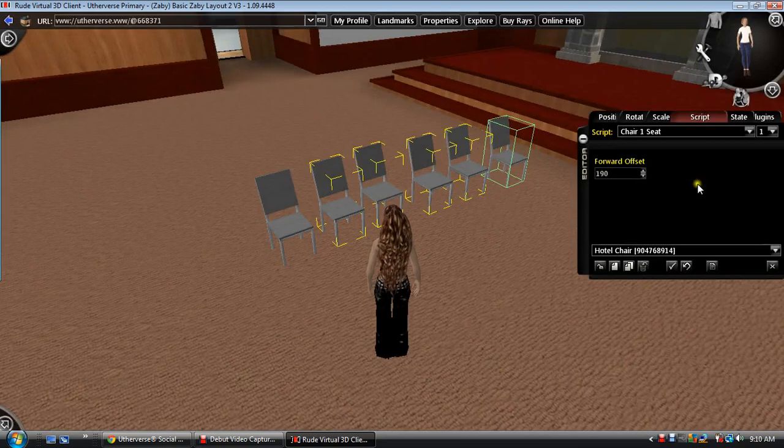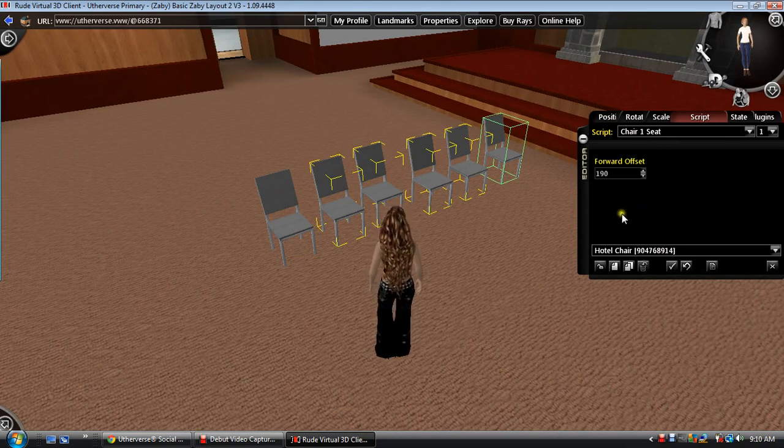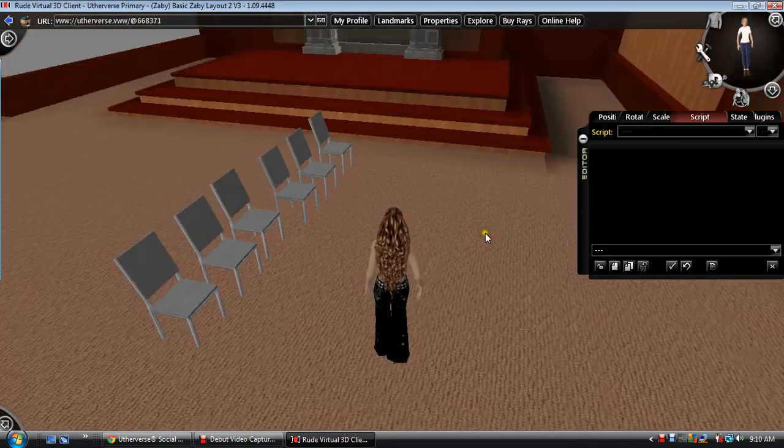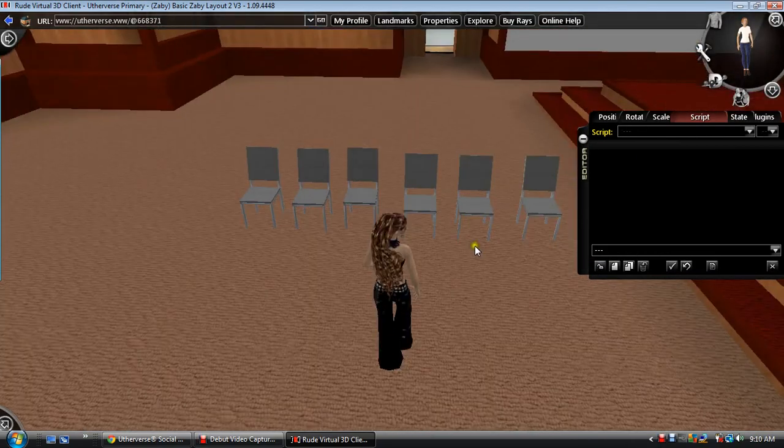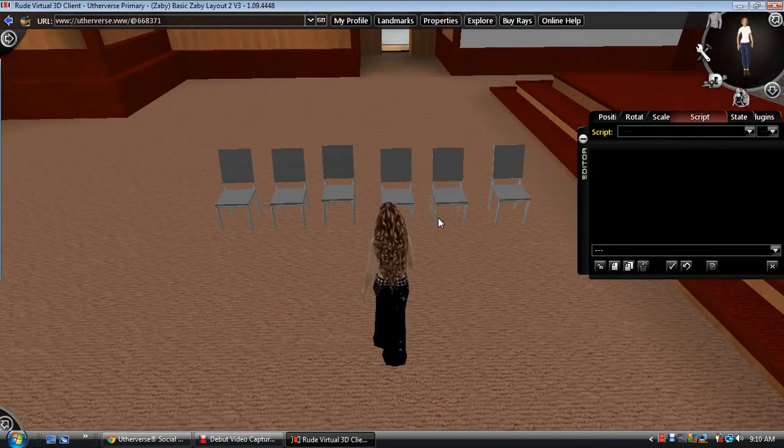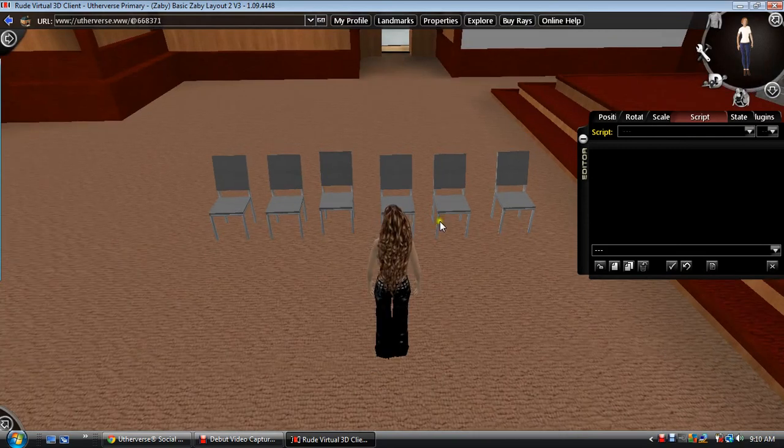All of these chairs, as you can see, the scripting does not change. That is because the original prop that we have cloned was scripted for the chair forward offset of 190. Now, you'll be able to have all of these sitting there, and that's fine. Okay, now say, for argument's sake, the very simple method, say this